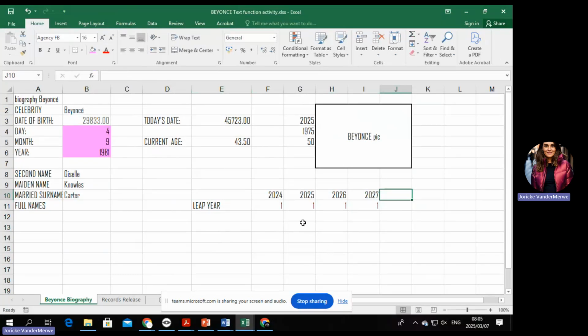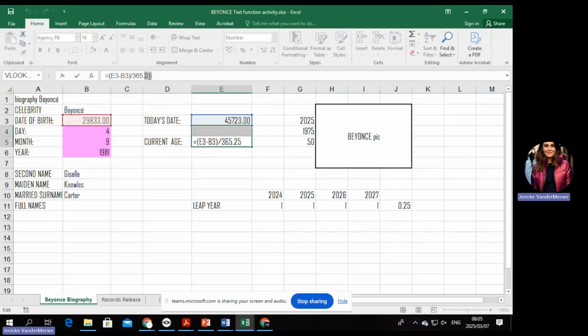So if we say equals 1 divided by 4, it's 0.25. For those of you who want to understand where the 0.25 comes from, it's when you take the 4 years, the 1 and the 1 and the 1. Each of these years must get a little piece of the cake.